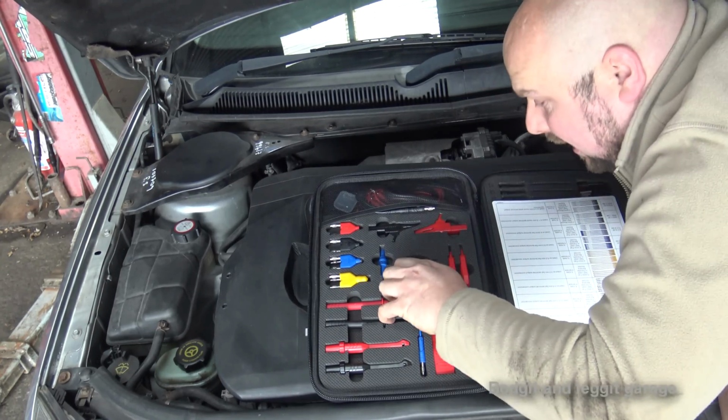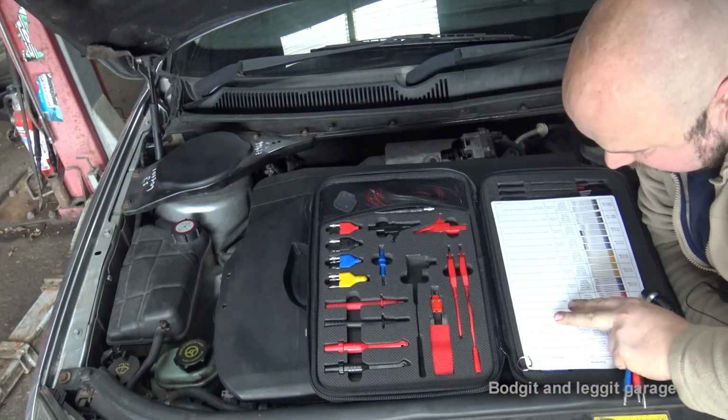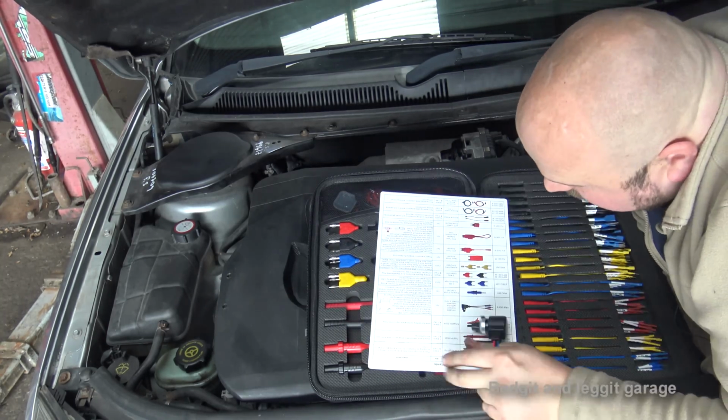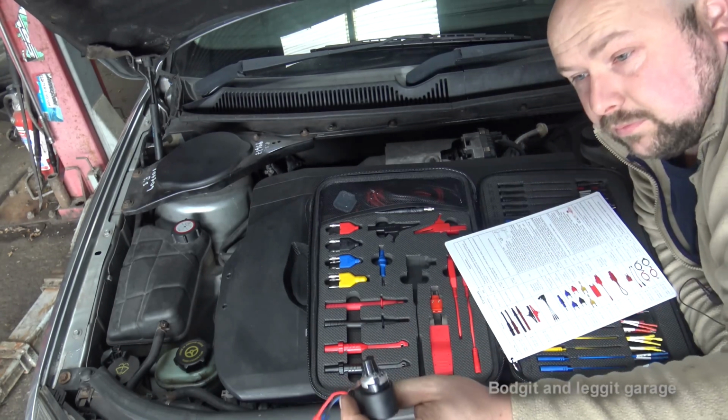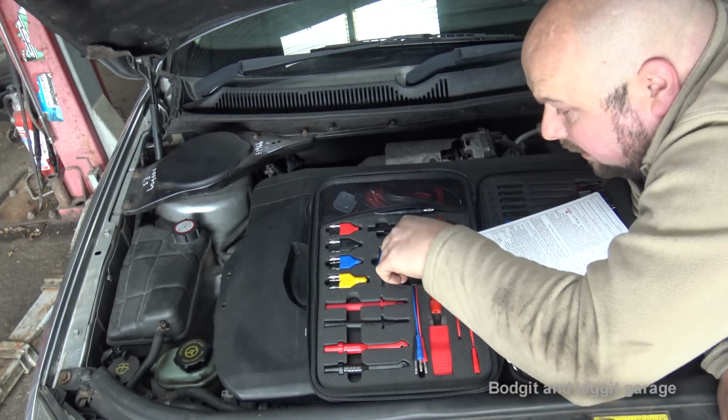These are fantastic. A variable resistor, absolutely fantastic. Now I'm not sure off the top of my head the specs of this one. Up to 10k. So you have a variable resistor there. Depending on what you're testing, if you need to test...